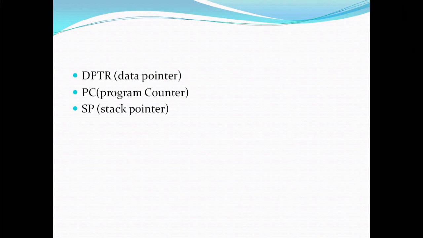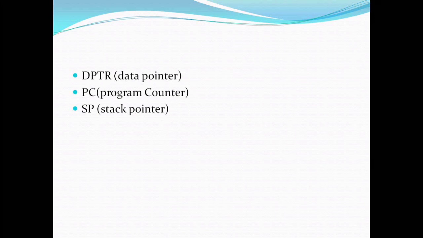The next is the stack pointer. The stack pointer is used in the operation of the stack. The SP will be initialized to 07H. Whenever we push data onto the stack, the stack pointer will first be incremented by 1 and then the data will be pushed onto the stack. And whenever we want to do a pop operation, first the data will be retrieved and then the stack pointer will be decremented by 1.